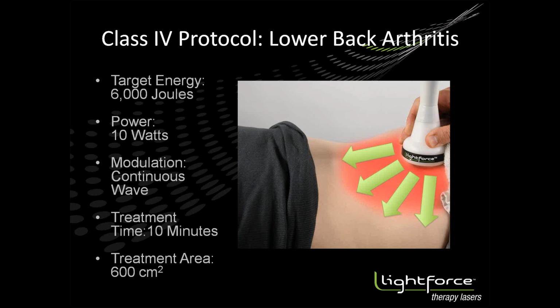So you can see for a typical low back arthritis, the treatment energy recommended for that area is somewhere around 6,000 joules. Using a 10-watt laser, you can do that in 10 minutes, which is still a reasonable treatment time. With some of the other lasers used for point treatments, you theoretically could deliver 6,000 joules, but it would take you all day. So I think the real revolutionary component is the ability to deliver the therapeutic dose over a large area, to make your results more consistent and still do that in a reasonable amount of time. Next slide.